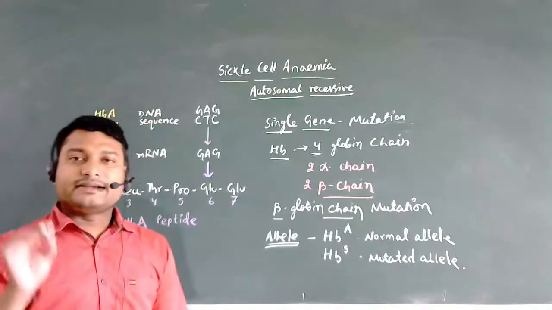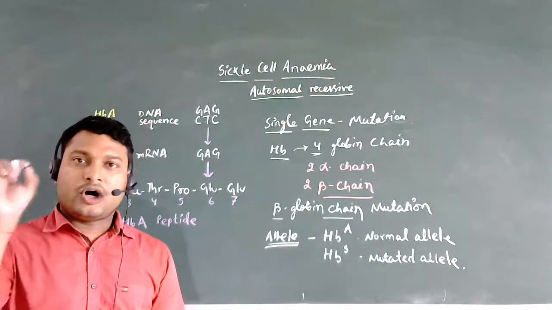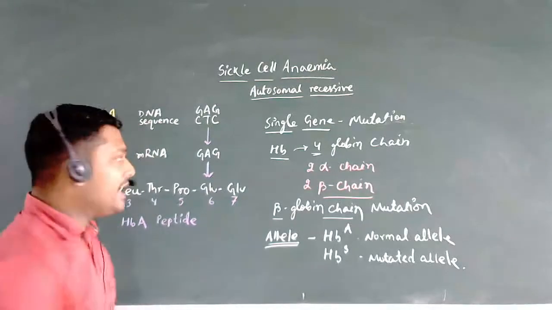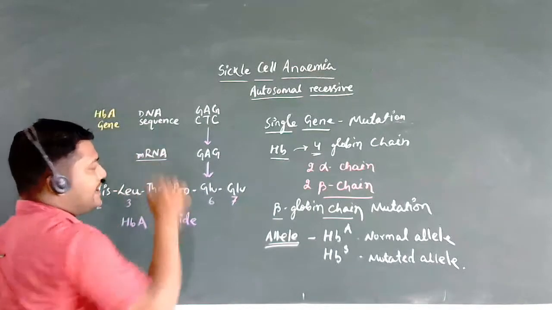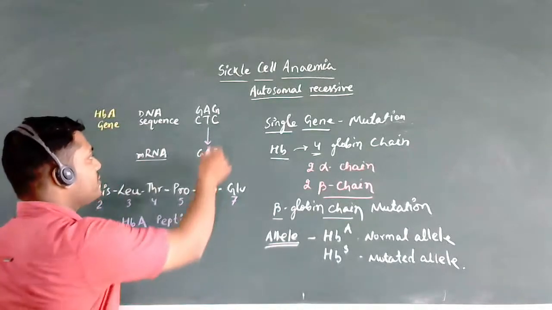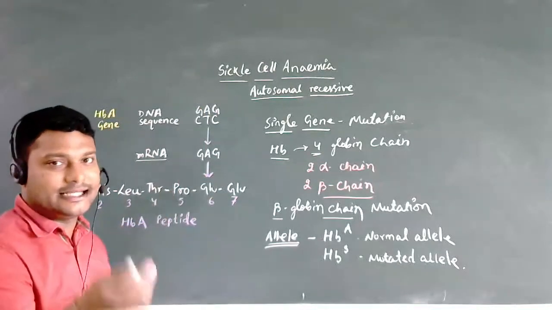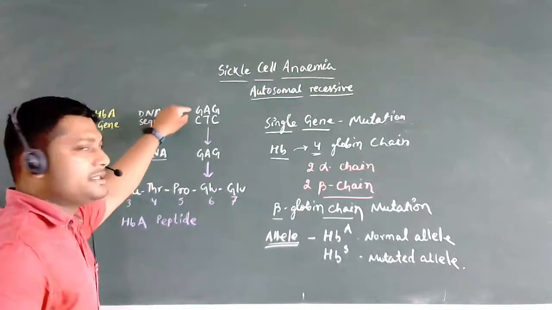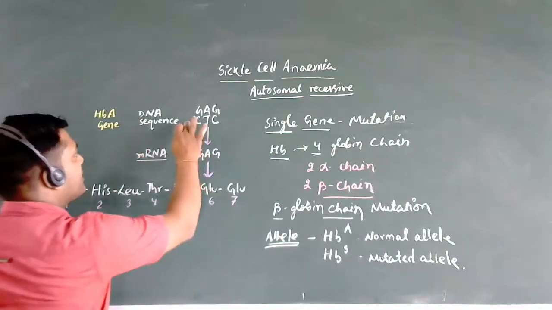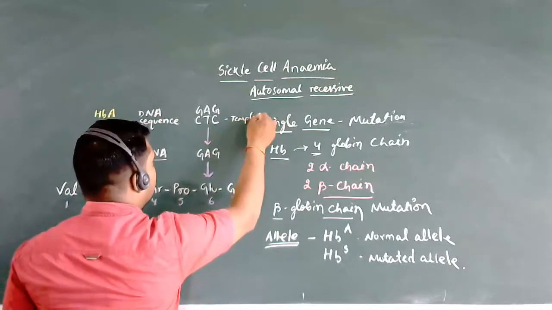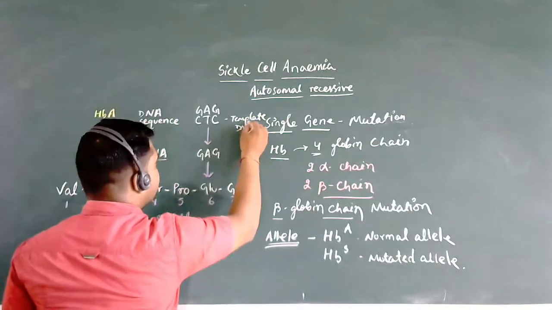And you all know that the sequence of the coding strand DNA and that of the mRNA is going to be the same. The only difference is, here you're going to have the presence of U instead of T. That's the only difference between the DNA and RNA, but otherwise the sequence will remain the same. And here we have the template DNA. Okay, template DNA.